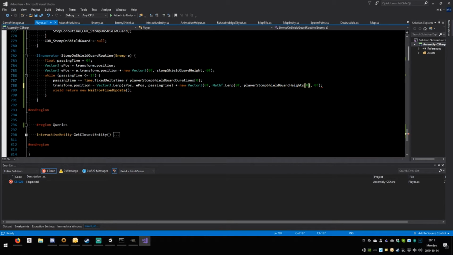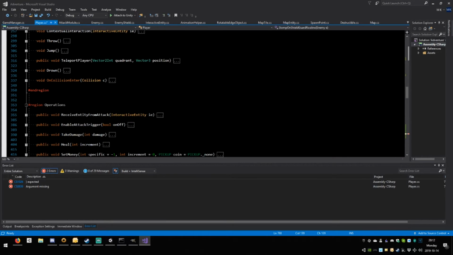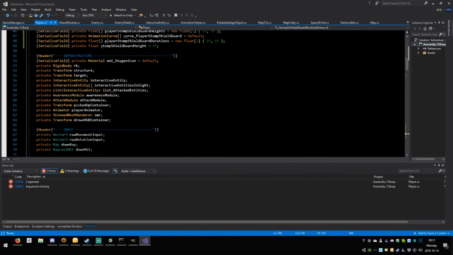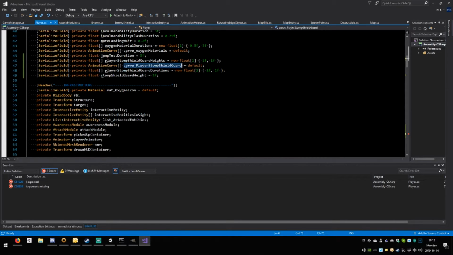Correct. Now, comma, you need the controller. Now, this one is controlled by that curve. Because your controller is always the passing time, right? But this one is controlled by the curve. Look, because if you don't apply the curve, right? So you've already done this movement, and now you're saying, let's say that the target height of the jump is 1. You're gonna go, okay, I'm gonna add between 0 and then gradually add until 1. So this is what you're gonna get, but that's not what you want. You want to change the movement of this y over time thanks to a curve, and that's what the curve is for. So copy this,